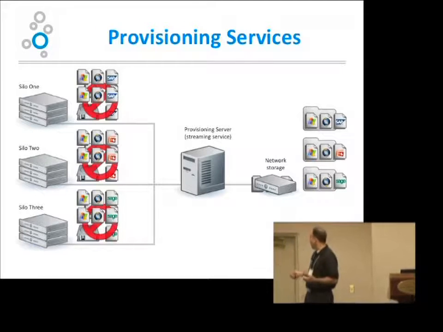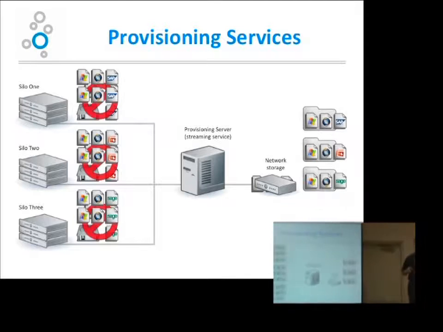But now what I want to do, when I create this, we call it a vDisk. When I create that vDisk, it's in a mode called private image mode. In private image mode, we label that as read-write. So any bits that we write into that vDisk are actually written into the VHD file. We can flip that to what we call standard image mode. When we go from private to standard, we change it to be a read-only file. At that point, I can use that one file to provision many targets. Okay? So this file right here can be used to provision, in this case, say all 9 of those servers,